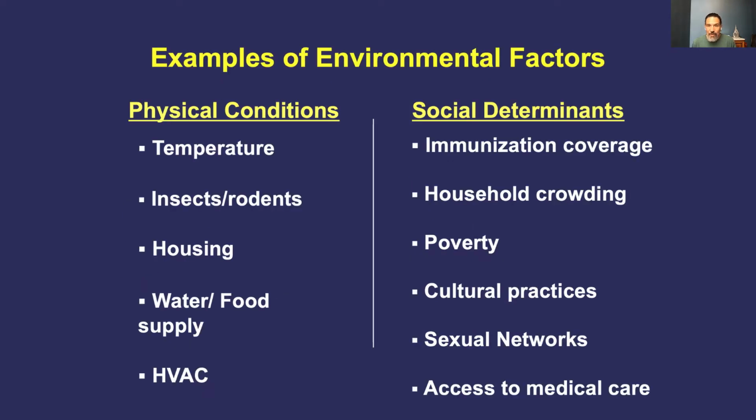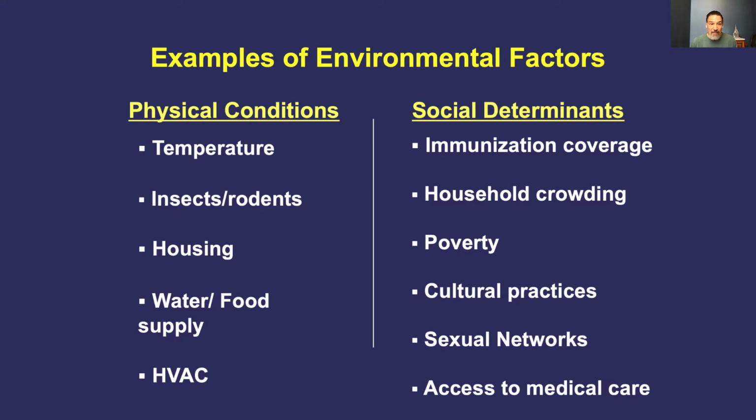And examples of environmental factors that can influence the risk of infection or development or severity of symptoms or the risk of onward transmission include things like physical conditions, the temperature of the environment, the presence of insects or rodents, as we saw with plague in the last lecture, the housing environment and water and food supply, and how good or bad the HVAC systems may be